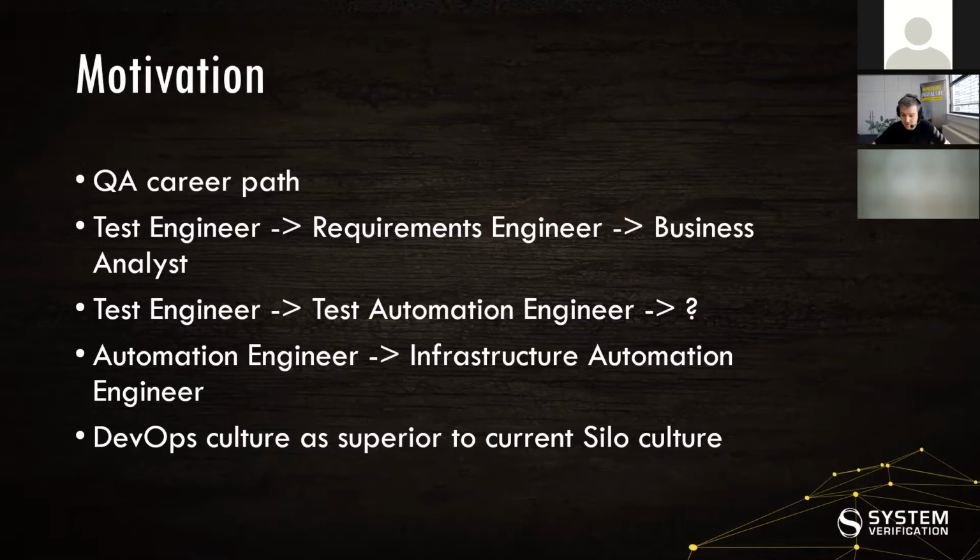And then what? That was my question as well, since I found myself questioning where you can go after all the paradigms and different things you can do with test automation, this usual setup of testing web applications that most of us do using Selenium or different tools for API testing. So one of the ways you can go is to become an automation engineer. So you are not only automating tests, but you are generally automating stuff. One of the paths that I found very interesting is infrastructure automation engineer, or sometimes referred to as DevOps engineer,